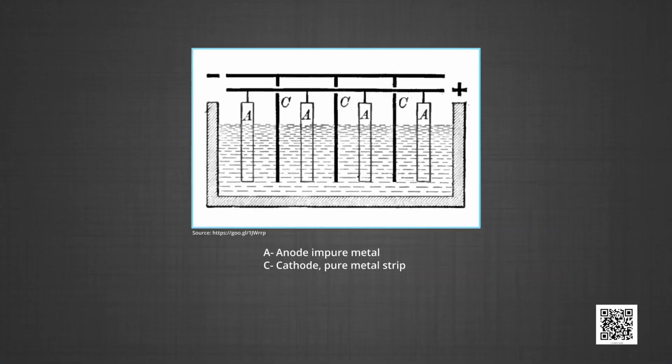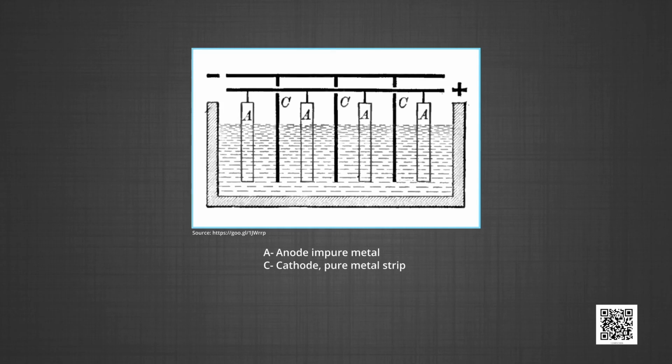In this method, the impure metal is made to act as the anode. A strip of the same metal in pure form is used as cathode. They are put in a suitable electrolyte bath containing a soluble salt of the same metal. The more basic metal remains in the solution and the less basic one goes to the anode and drops as anode mud. This process is also explained using the concept of the electrode potential, overpotential and Gibbs energy, which you